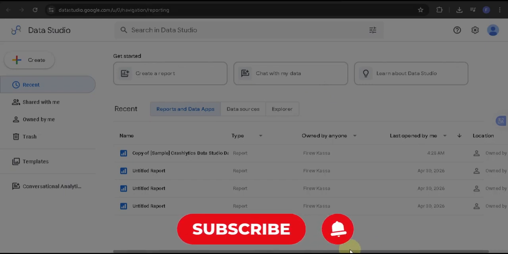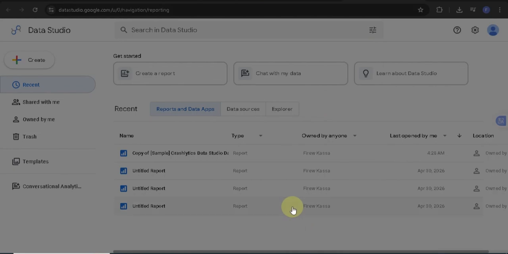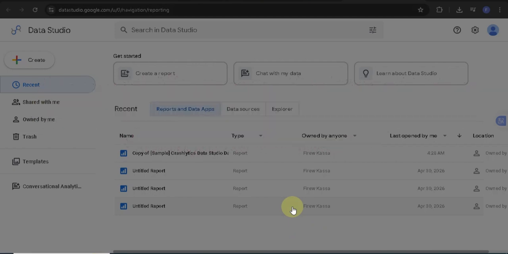Have you ever wanted to turn raw data into beautiful, interactive dashboards? In this video, I'll show you exactly how to build interactive reports in Google Data Studio, now called Looker Studio. By the end of this tutorial, you'll be able to create professional dashboards that are easy to share and simple for anyone to explore. Google Data Studio, now called Looker Studio, helps you create interactive reports and dashboards that make